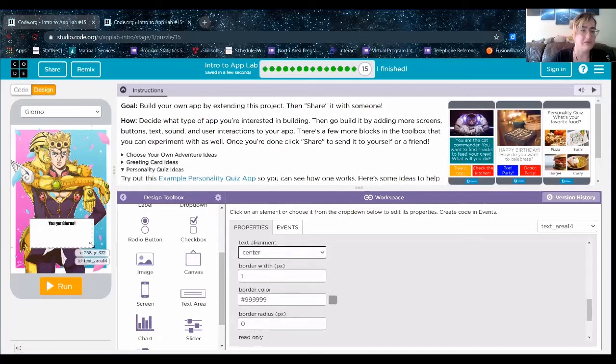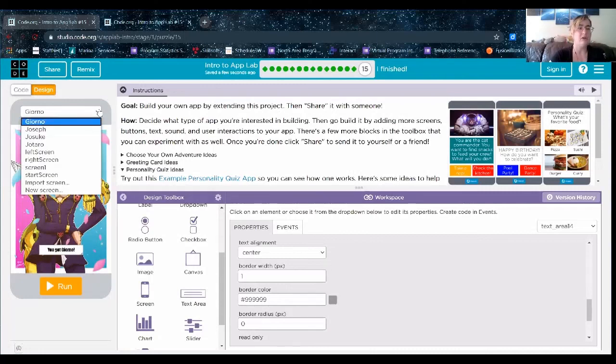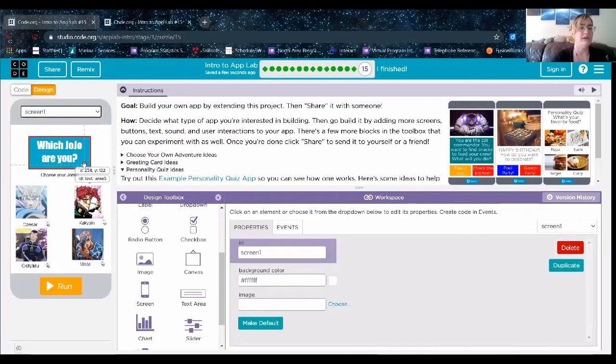There we go. See, centered stuff looks nice and neat. There we go. All right, so now I have all these different screens. I have the 4 that I created, and we have our screen 1. So now it's time to add some code into the mix. So I'm going to go to the coding side,